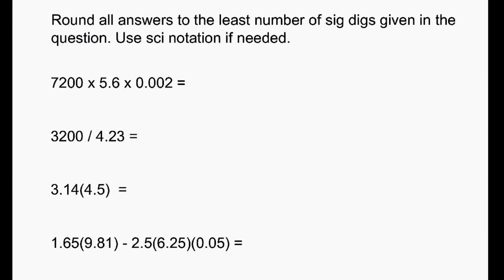And when we're doing physics calculations, the general rule is that you want to keep all digits and decimal places in your calculation, and then you just worry about rounding at the very end. So any kind of formula you're going to be using, you're going to be plugging in numbers in your calculator, just type everything in, keep everything as accurate as possible, all those decimal places, and then at the very end you just round it appropriately. And the rule is we round it to the least number of sig digs on the numbers that we're using